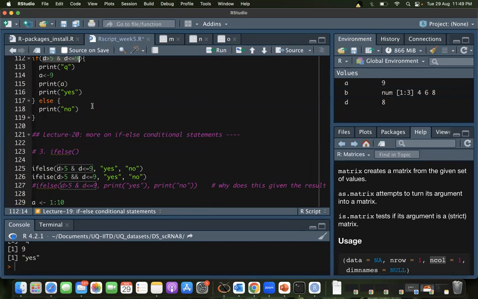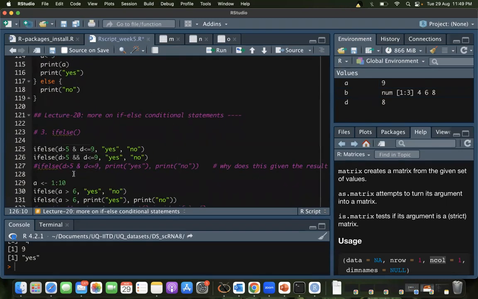Okay. So likewise, if I say, let's say I'll evaluate this one to d is equal to 8 for now. So this one is going to give me true, right?